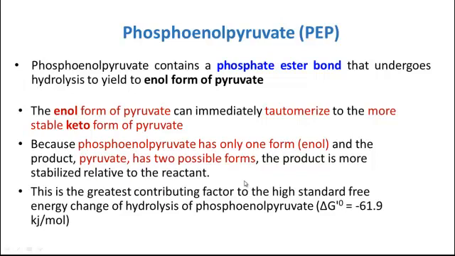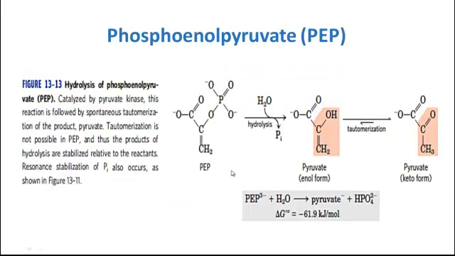amount of energy. So here you can see phosphoenol pyruvate, and by the addition of a water molecule to phosphoenol pyruvate there is a release of inorganic phosphorus, and the molecule is converted into the enol form of pyruvate, which is spontaneously tautomerized to the keto form in biological situations. The process is catalyzed by the pyruvate kinase enzyme, and the amount of energy released during the reaction is minus 61.9